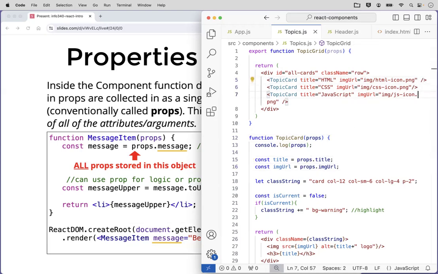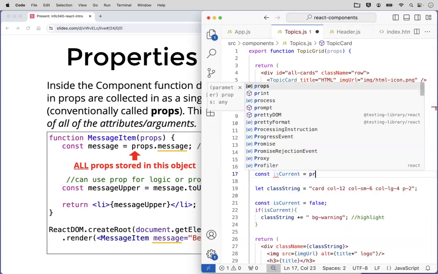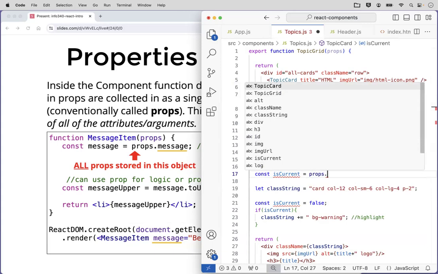So for example, we're currently learning JavaScript. Maybe I can add an isCurrent prop to this and say, yes, that's the current thing that we're teaching, right? And I'm saying, yes, is that currently what we're learning? I mean, we're learning React, but we're going to use JavaScript for the moment, right? We're currently learning that. We can make that isCurrent. I can then, of course, get that isCurrent value out of my props, right? Get it out of the basket,